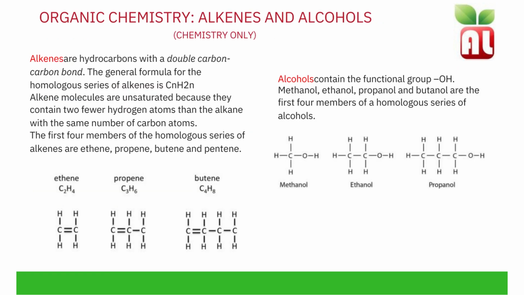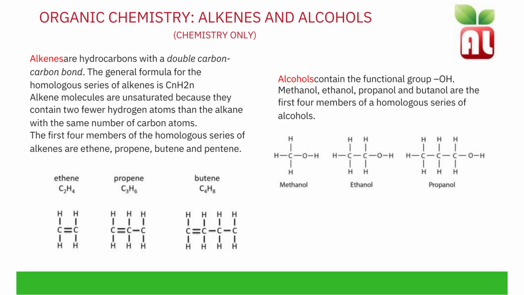Alkenes and alcohols. As well as alkanes as one example of a homologous series, the alkenes and alcohols are two other examples of homologous series. Alkenes are hydrocarbons with a double carbon-carbon bond. The general formula for the homologous series of alkenes is